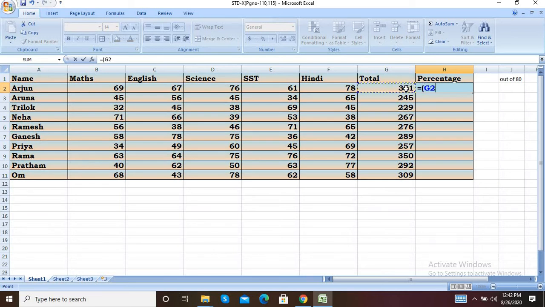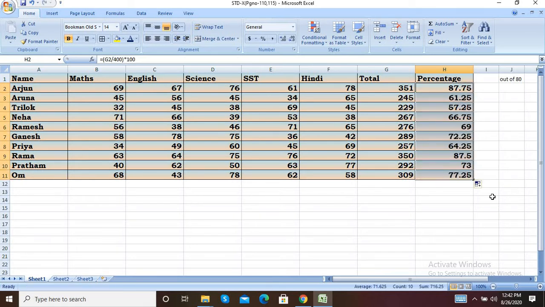You have to select the cell of total, divide by out of 80. So 80, you have 5 subjects, so it is 400 total. Then complete the bracket, multiply by 100. Just enter. When you enter, it will give the percentage with 2 decimal points, and just drag it till the end of your table. You got the percentage also.